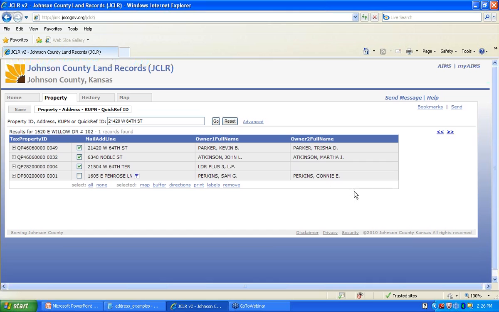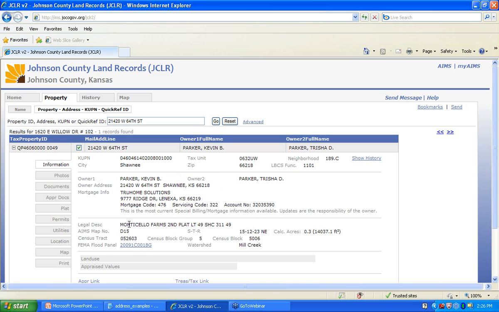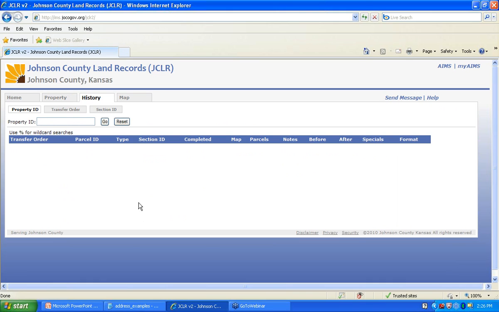So that's about it for the Properties tab. Like I said, this is where the meat and the potatoes are of this application, where you get all the information, all the data that's behind it. So we're going to go ahead and move on to the History tab. The History tab will be really quick. It's a pretty fast one to go through, and what it actually provides is parcel spatial history. So if you need to find splits, annexations, any kind of spatial change to a parcel, this is where it will be recorded. And we do provide you with the opportunity to search by property ID, transfer order number, or section ID. So in this case, if I want to enter a parcel ID,